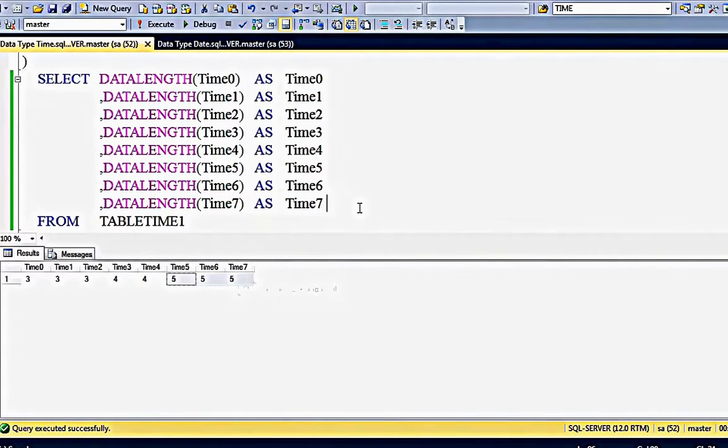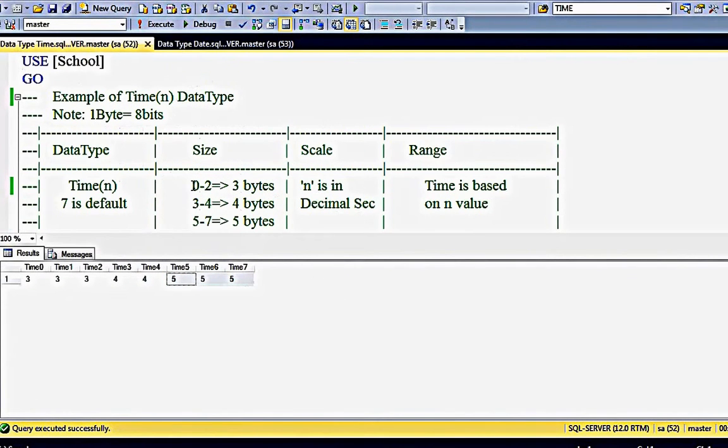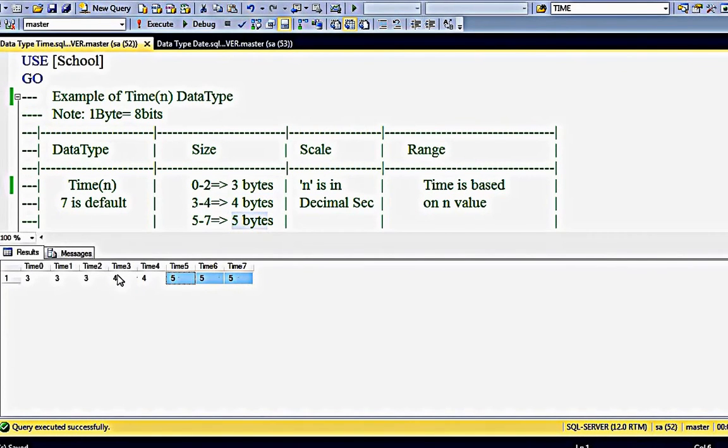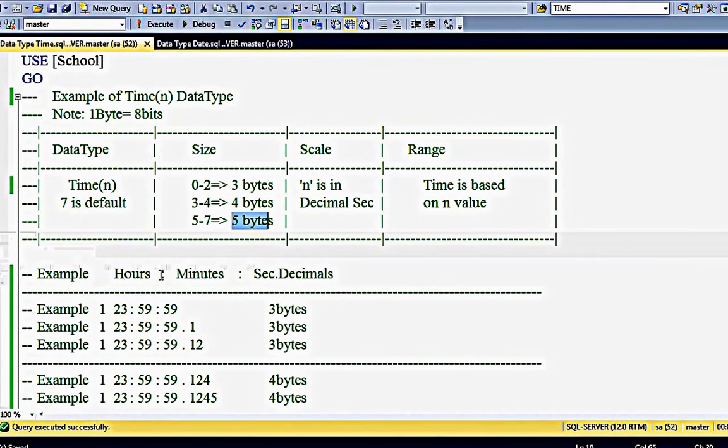See here, I have shown all of this with examples. That's it from my side.